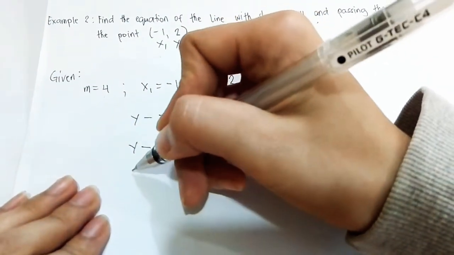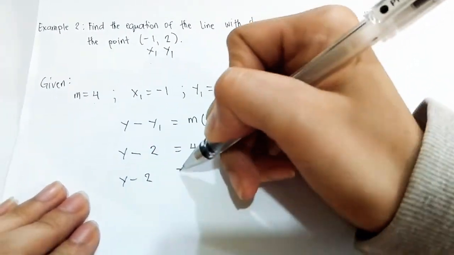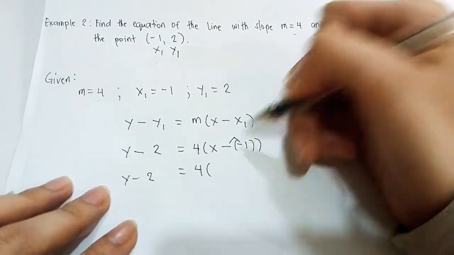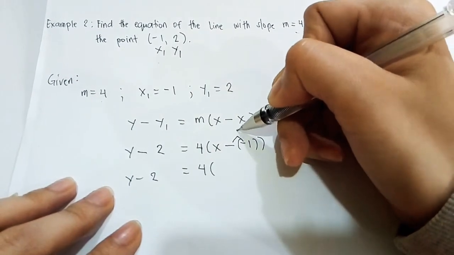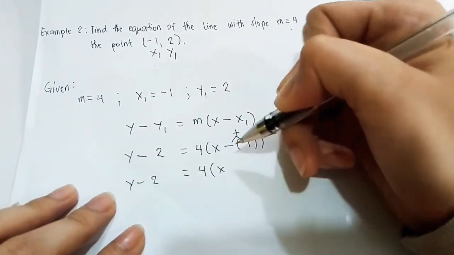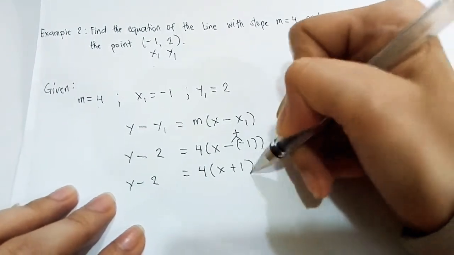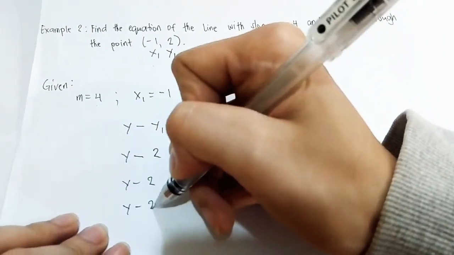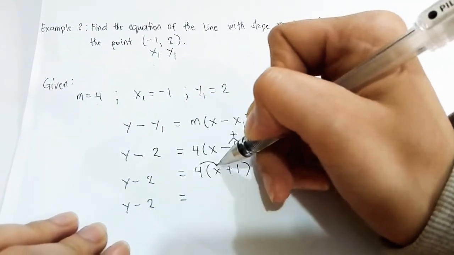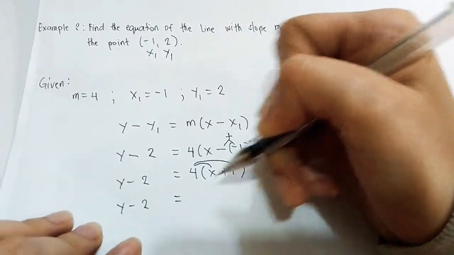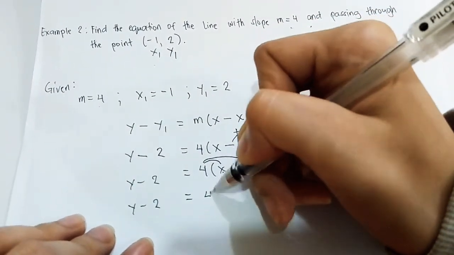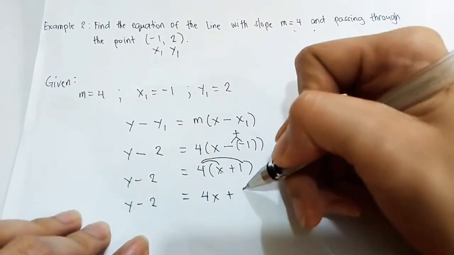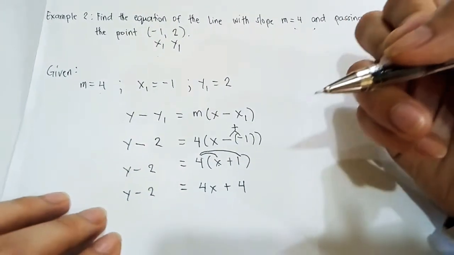Okay, next simplify. We have y minus 2 equals 4 times, so we have two negatives here. The operation will become plus. So this will become x plus 1. Okay, we have y minus 2 equals, so distribute 4 to x and 1. We have 4 times x, that is 4x. 4 times positive 1, that is positive 4. And then